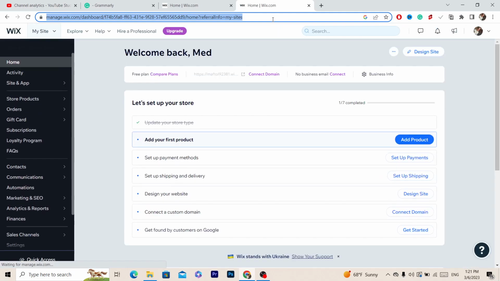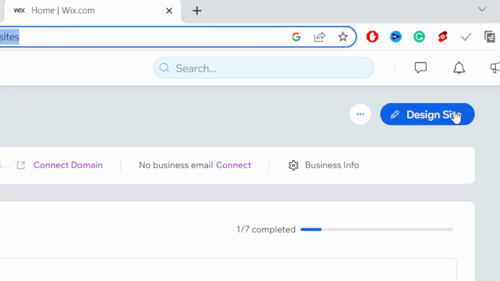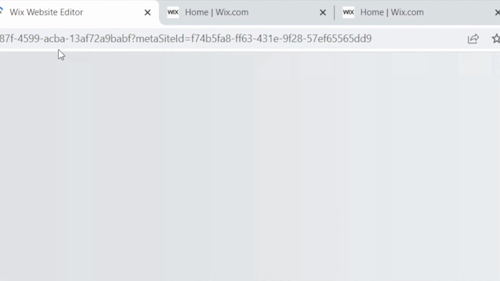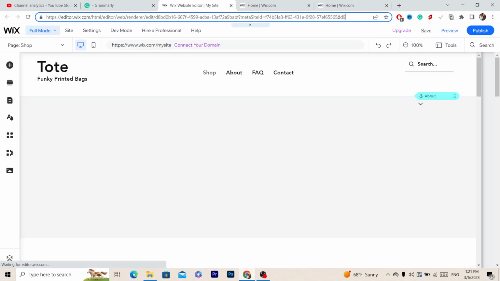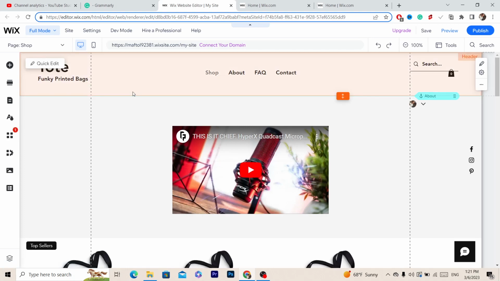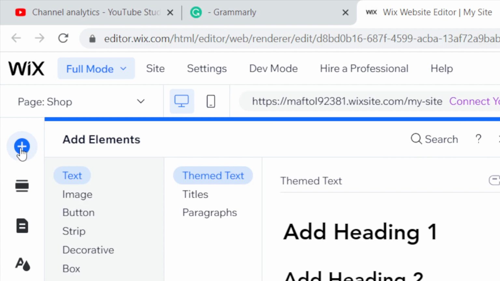Next thing you want to do, if it doesn't take you directly to your website, you just want to click on Design Site in the top right. Now next thing you want to do, you just want to wait again a few seconds for the website to load. And after that, I will show you guys two ways on how you can add affiliate links to your Wix website. Now the first way is you want to click on Add Elements in the top left, this plus button,